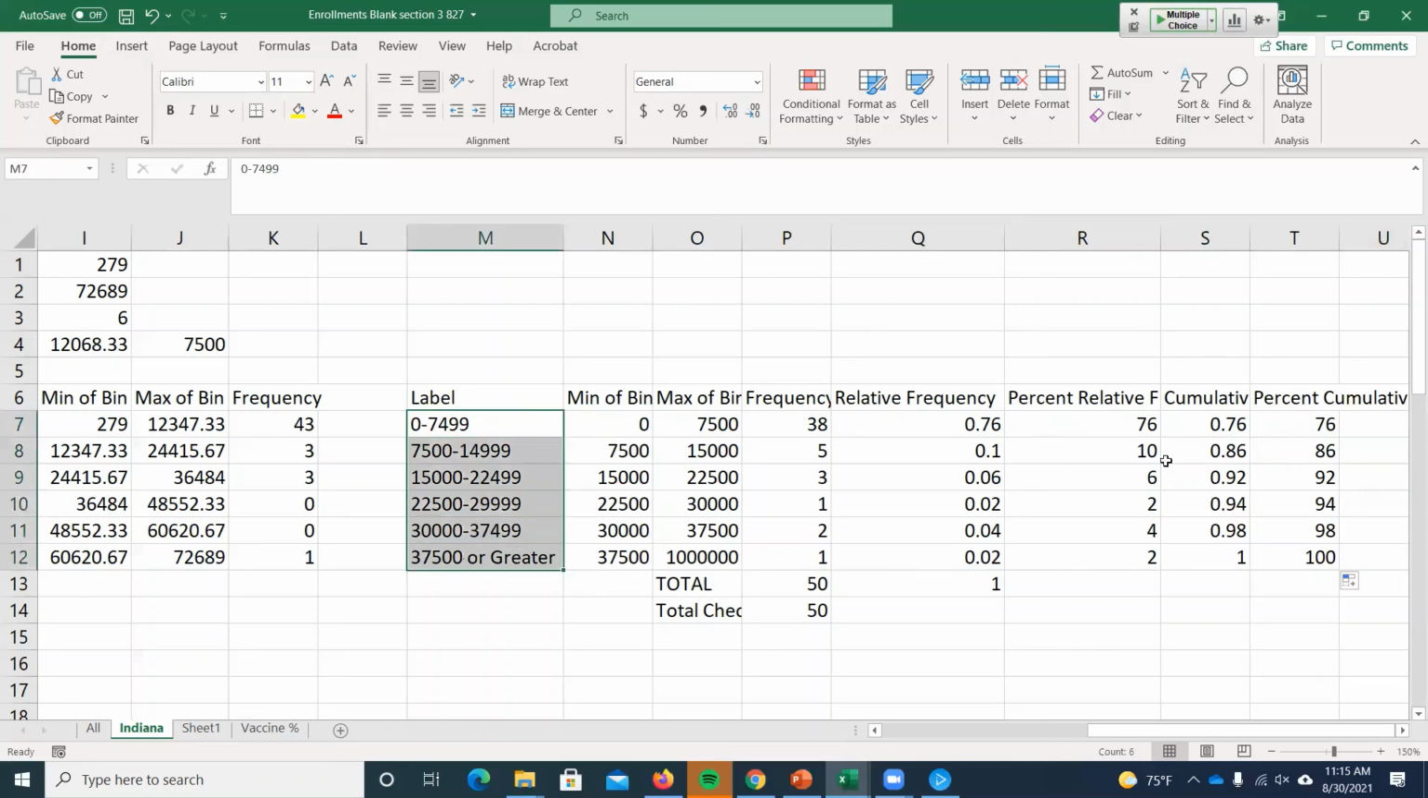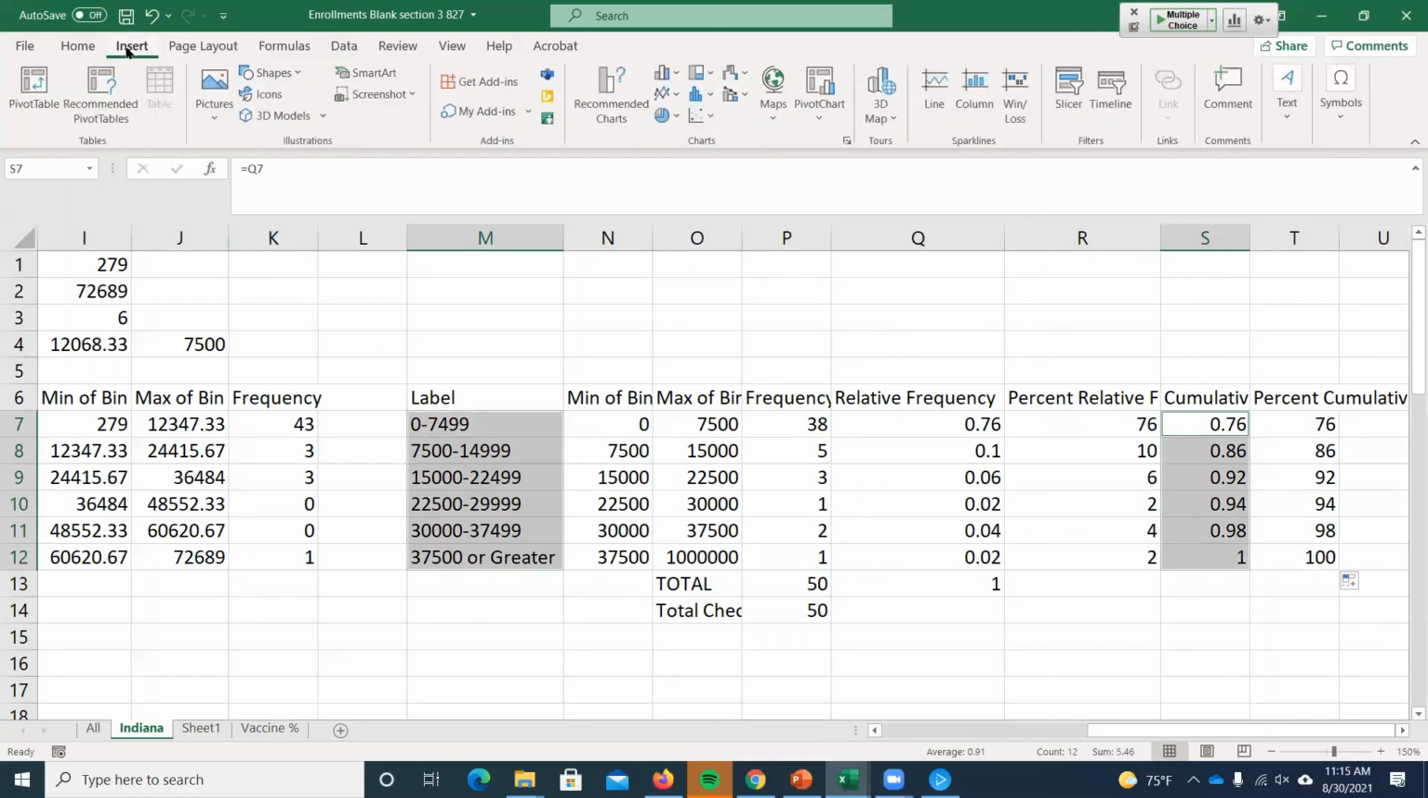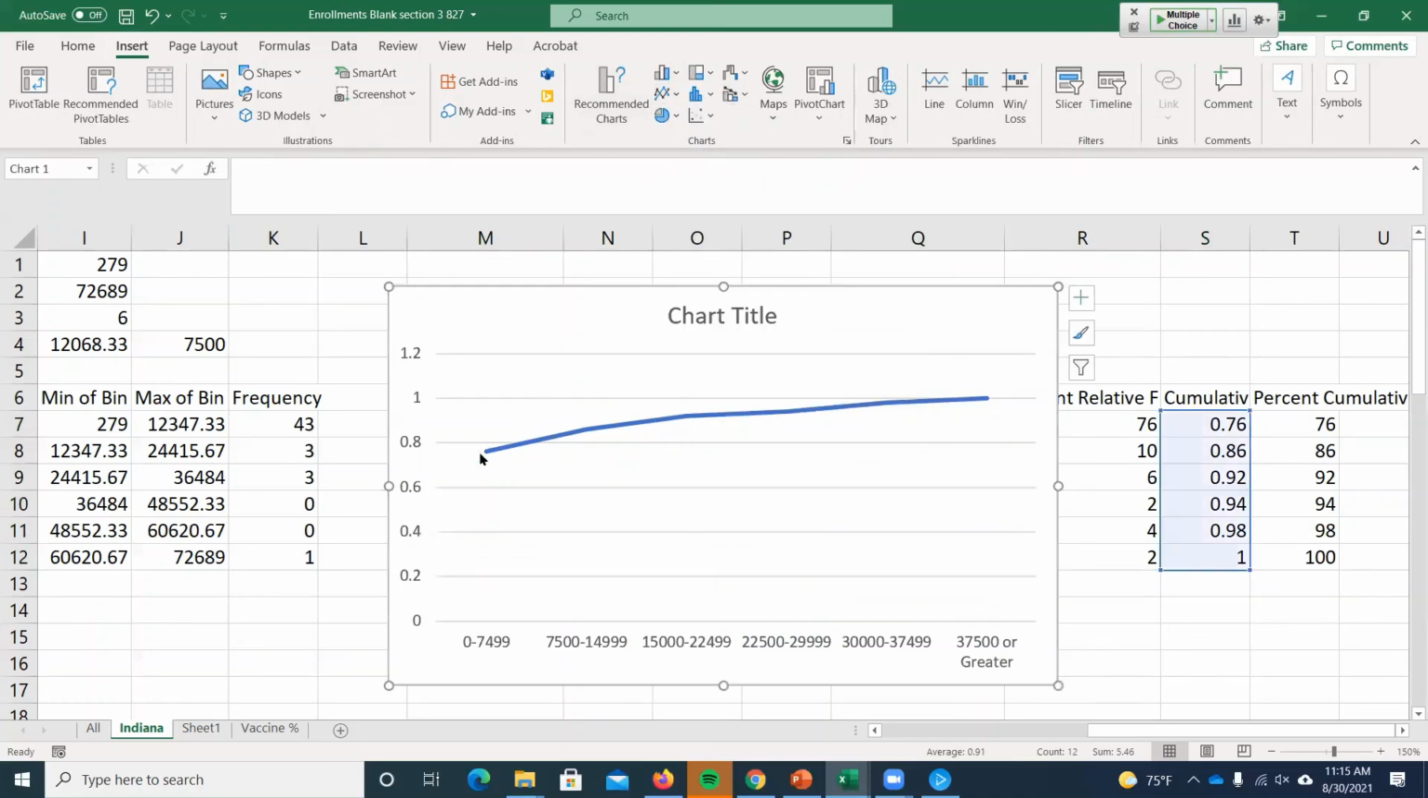So I could then select my labels, hold Control or Command on a Mac, select my cumulative relative frequencies, go to Insert, here's all my graphs. I'll do a line graph. It shows how quickly, across these bins, my relative frequency approaches 1. Okay. Any questions on that? All right, so